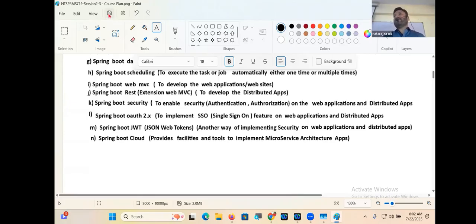What's the advantage of it? Whatever you want, you will purchase. Whatever you don't want, you will not purchase. Come on, guys. That is what? Microservice architecture. 10 services means 10 individual projects interconnected. That is MS architecture, microservice. That means every service is identified and developed as a project. Advantage number